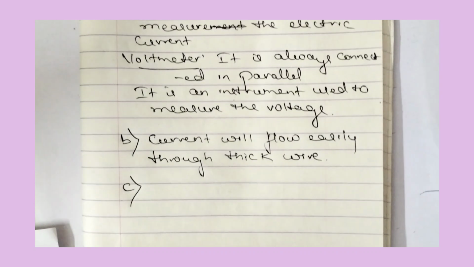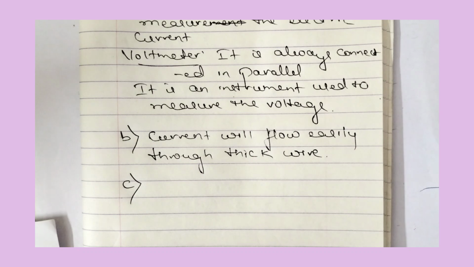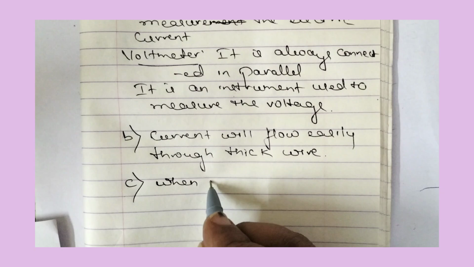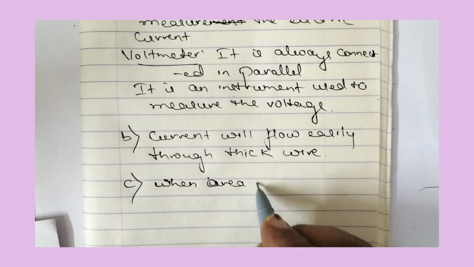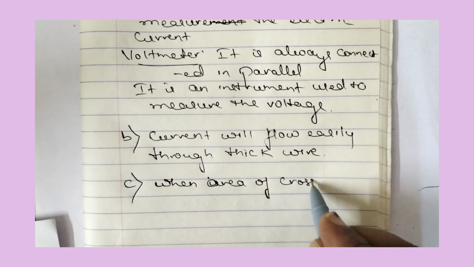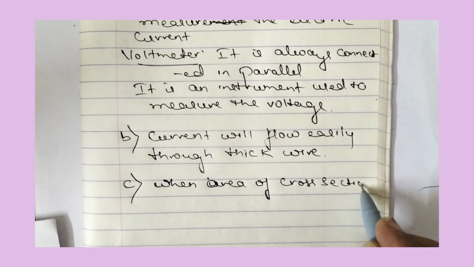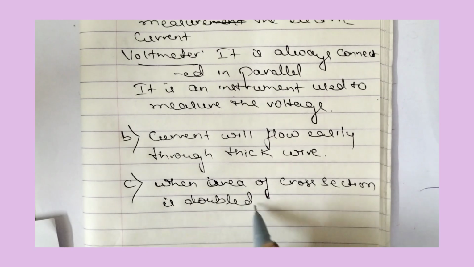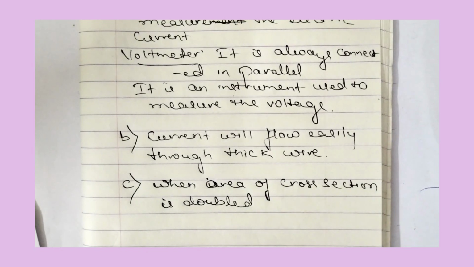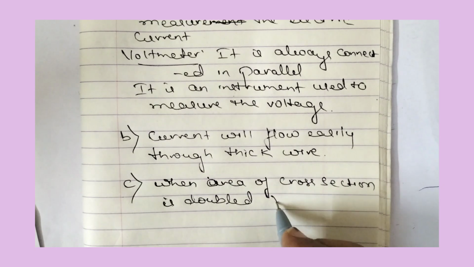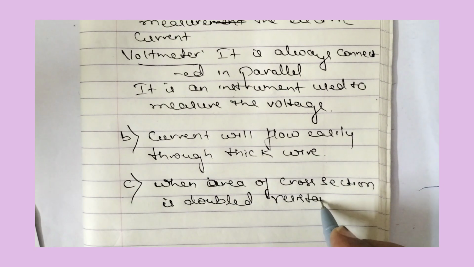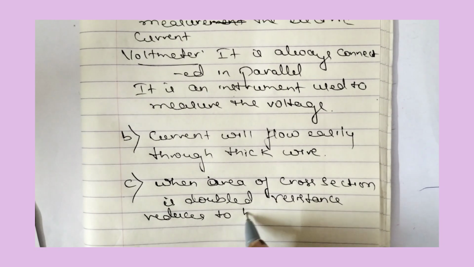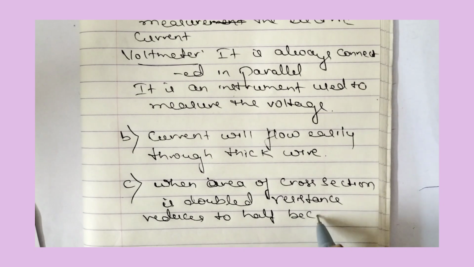Then the third question is, what happens to the resistance of a conductor when the area of cross section is doubled? So when the area of cross section is doubled, resistance reduces to half, because